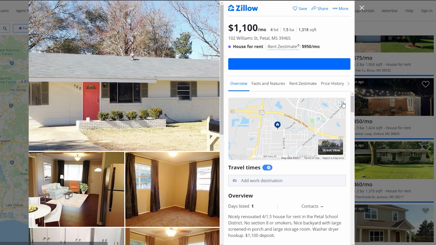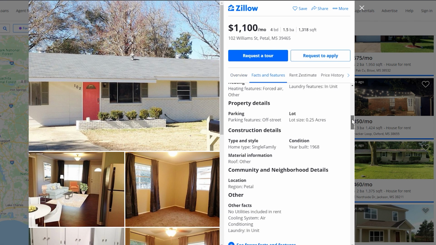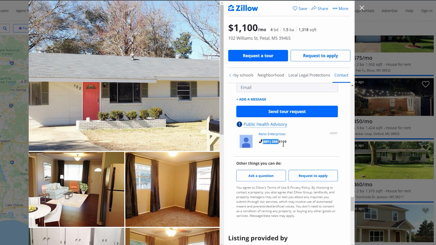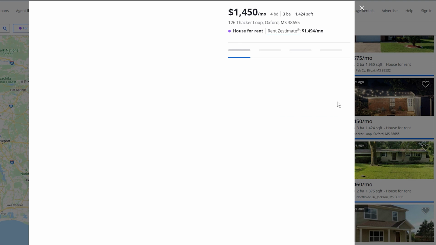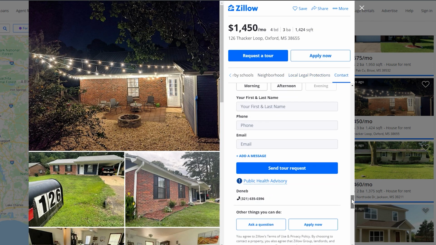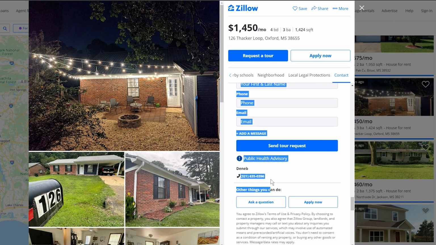Maybe it's more of a co-hosting thing, but it's still revenue in your pocket. Another good source, like you said, when you go to Zillow or one of these listing sites, if you scroll down and then you look at the contact information, it doesn't always necessarily have to be the landlord that you can contact. It is always nice to be able to contact a for rent by owner, someone that is directly listing it. But if you talk to a real estate agent or a property manager, those are also really good